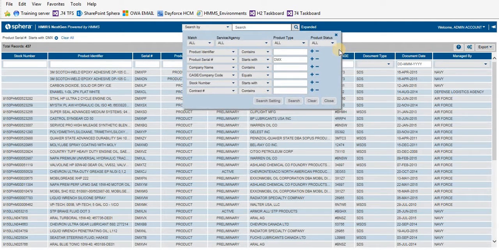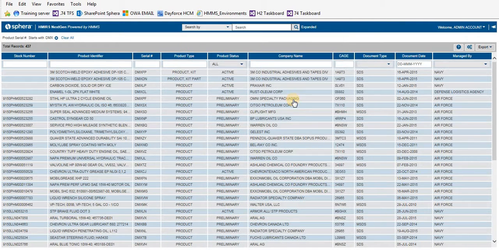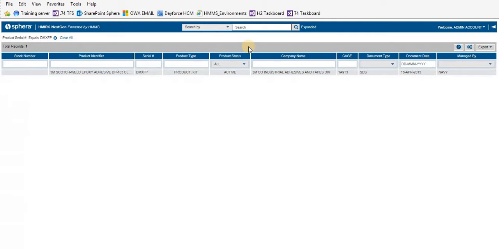Now if I had known the entire value here, then I could have chosen the equals operator, and I could have typed in the entire value here. One thing I also want to point out is that I've left these other fields blank, so the system is not evaluating those. Really what it's doing is searching on whatever I've entered here: product serial number in this case equals this value. So when I press search, this time I should be more specific in my search results and I only get